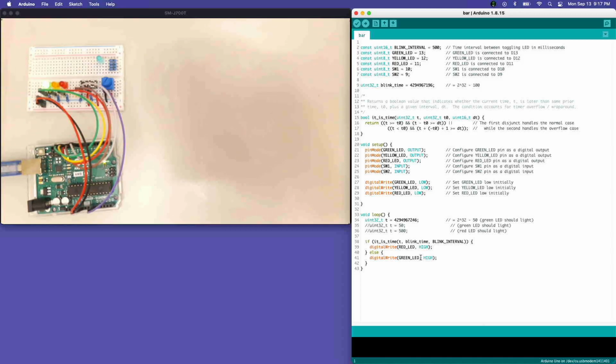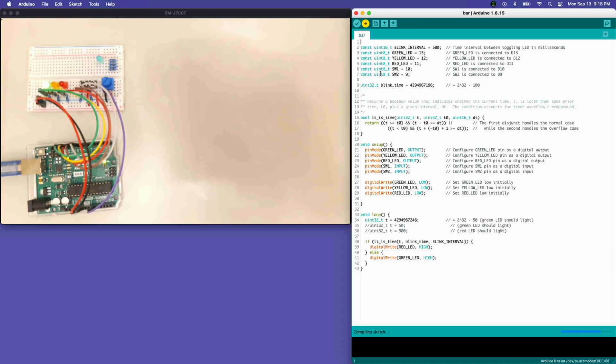But in this case we've engineered these numbers so that the blink interval plus blink time will overflow, which we've supposedly addressed by this mechanism, and so we should get the green LED